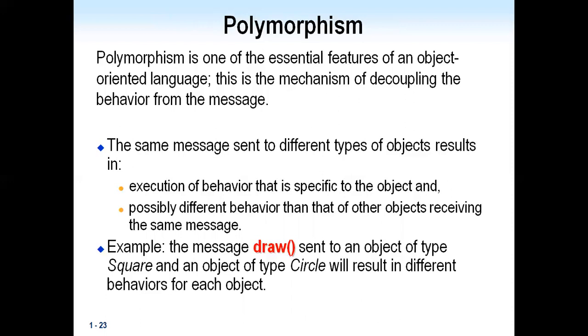After receiving the message, it draws the circle. So by receiving the same message by different objects, the different objects perform different operations. For example, shape is one message or one class, it has different shapes, that is square, circle, rectangle, triangle. These are different operations. That is polymorphism. Polymorphism is, after receiving the message, performing different actions.